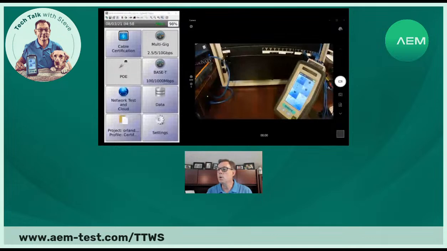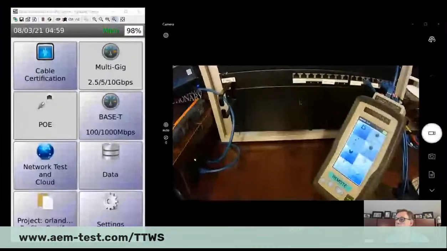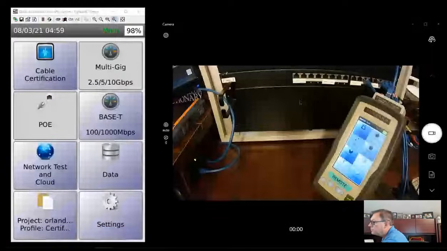I'm going to go ahead and share my screen, and I've got my Test Pro set up here. We've got it in cable certification mode. You'll notice on the left of your screen here is the main unit, and what you see on camera down here on the right is my remote. So what I'm going to do, I've got a link over here I'm going to plug into,